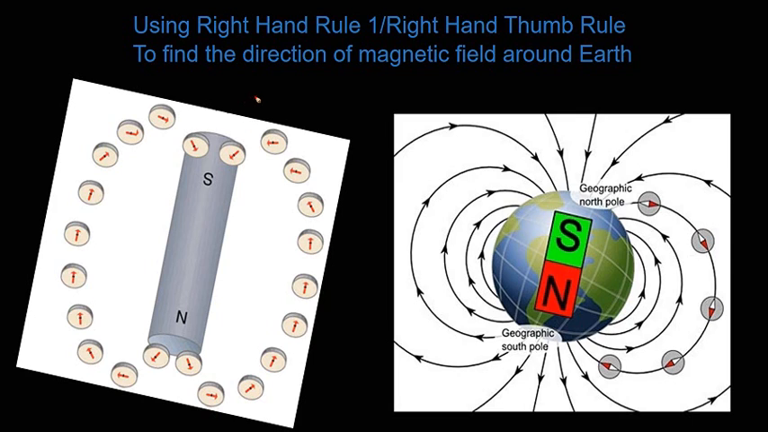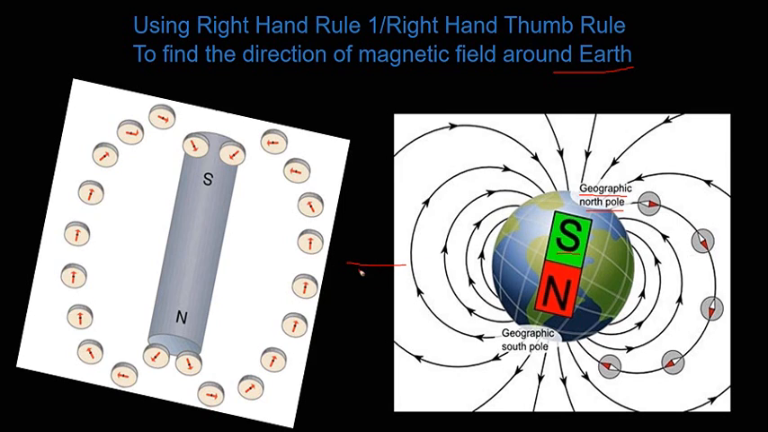Lastly here, in this slide, we are using the right hand rule or the thumb rule to find the direction of the magnetic field around Earth. And we have seen that the Earth is like a magnet, and the south pole of the magnet is located at the geographic north pole. We have seen that before, and now by using this assumption or the knowledge that Earth's core is a bar magnet,